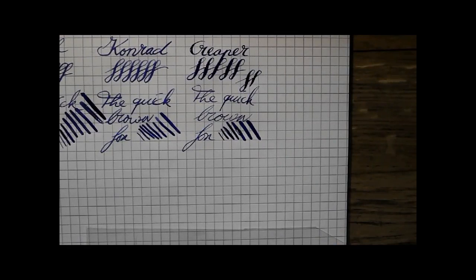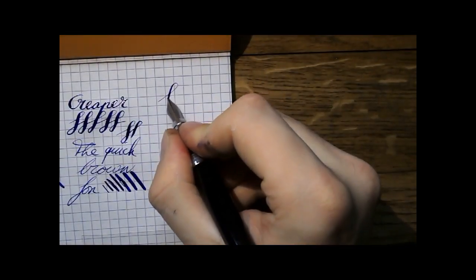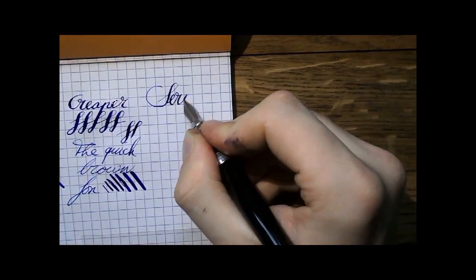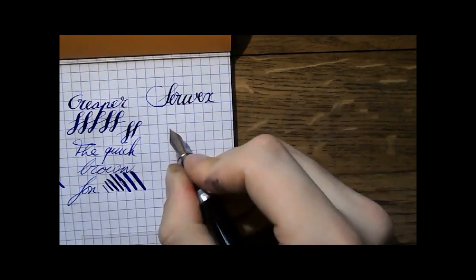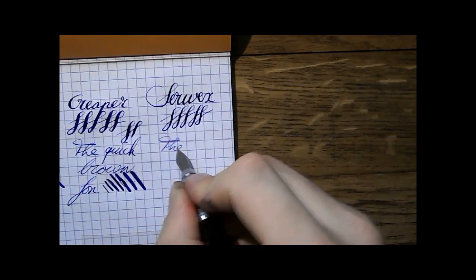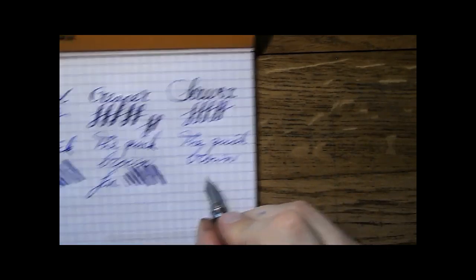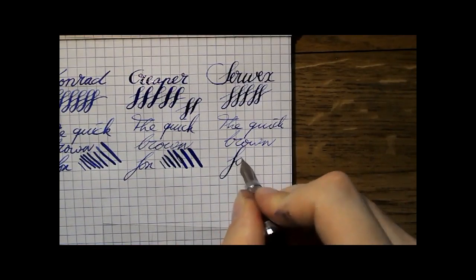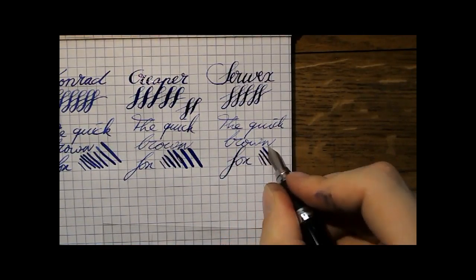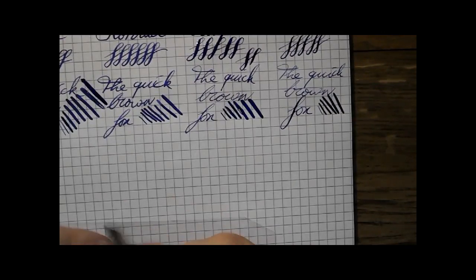Then finally, Surwax. Not bad. Okay, so what I want to do now, try and give you an update. I'll put them one under the other. So we've got,